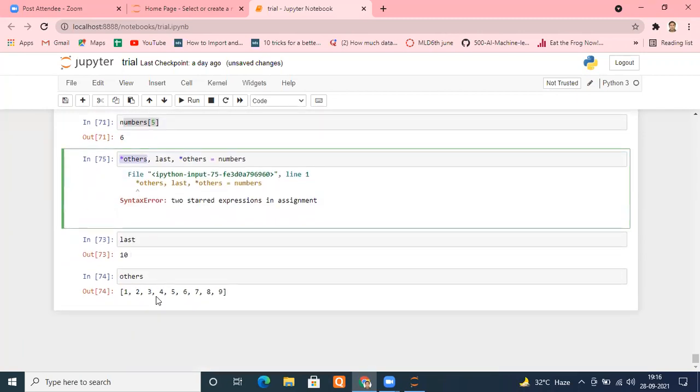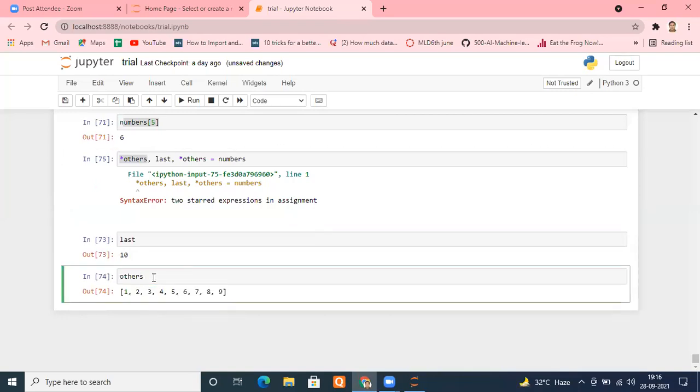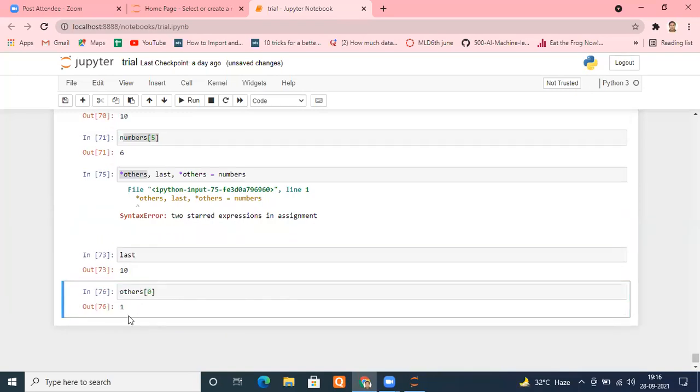Others is a list now, right? This is the list. For example, you can access it the same way like others 0. It will return 1. Same way. Once it is a list, it's in your hand. Whatever you want to do with the list, do it. You can access that. You can slice this. You can dice it. Everything you can do. No problem with that. So others is itself a list. You can do whatever you want to do with the list. You can add all the elements of that list as well. Entirely up to you.